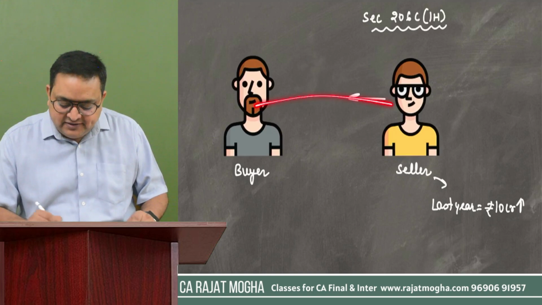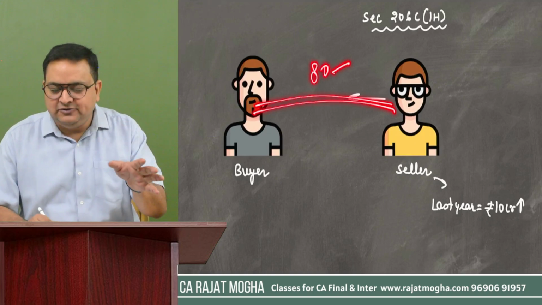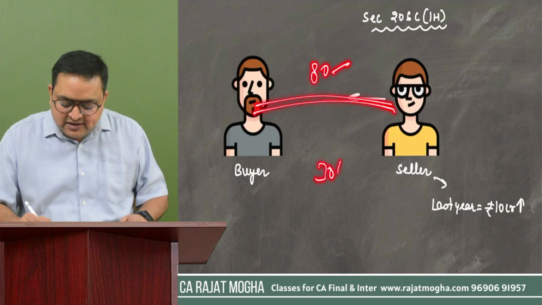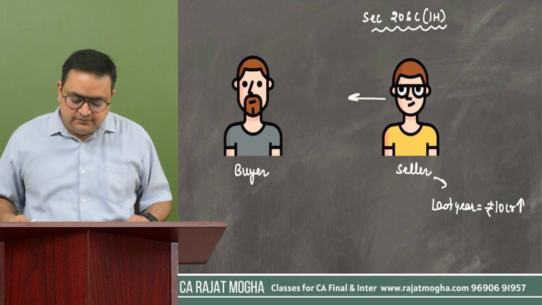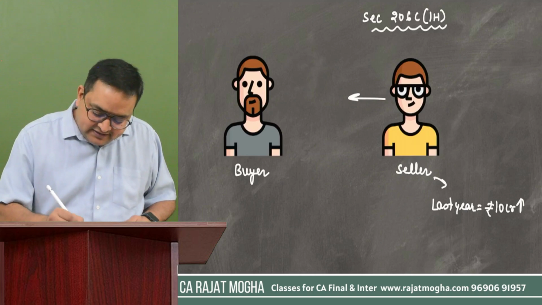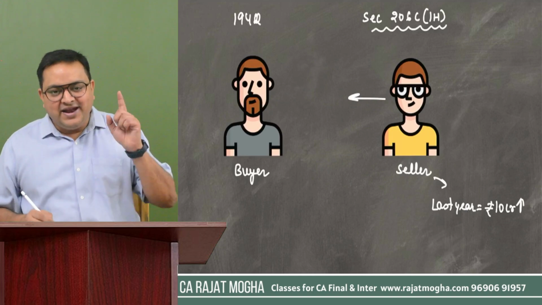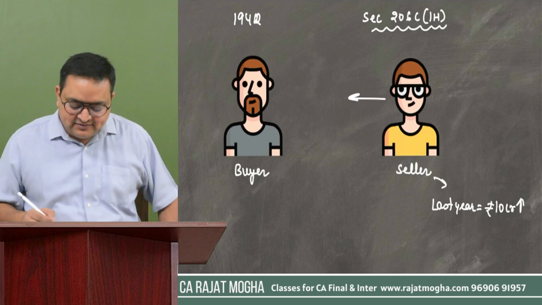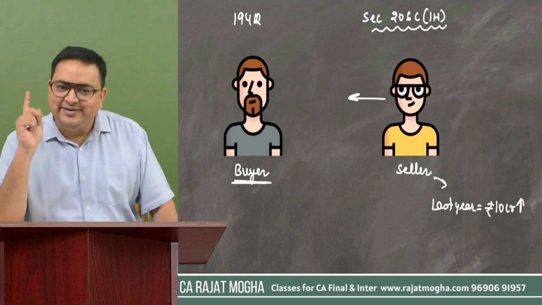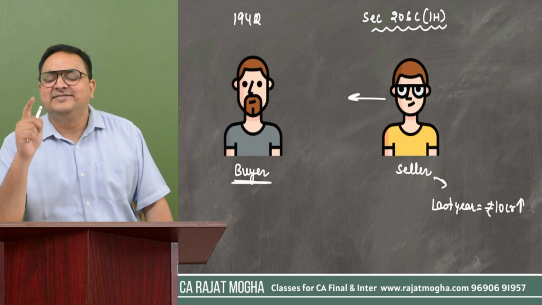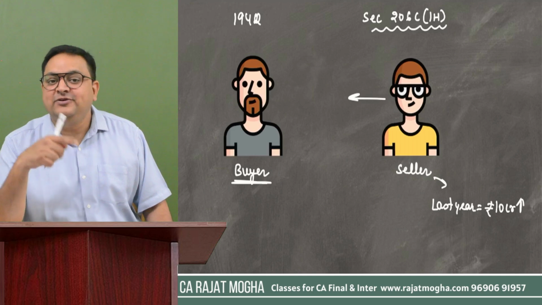So let's say if this person has sold goods during this year of rupees 80 lakh, then on 50 lakh, please don't charge any TCS. But on 30 lakh, you have to collect TCS at a rate of 0.1%. Got it? Now, there is a section 194Q also in TDS. 194Q says, if you are a buyer, because TDS will apply, TDS will emphasize this responsibility. They will catch hold of the buyer, right? The person who is paying the amount.